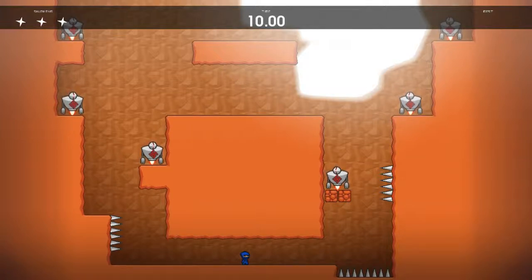By the way, I have the camera off because there's a lot going on the screen and not really the best place to put it anywhere. Although I guess I could put it on the bottom left, but whatever. I think we want to kill that one on the left side. Throw a shuriken from...